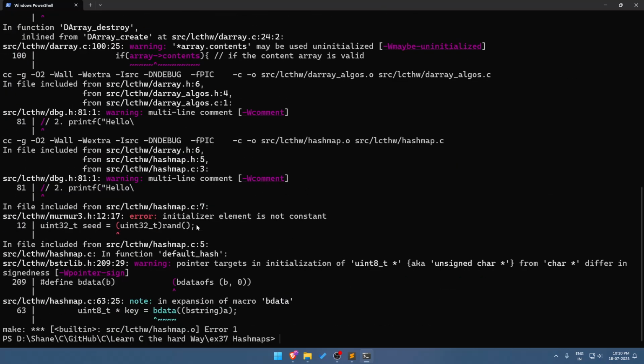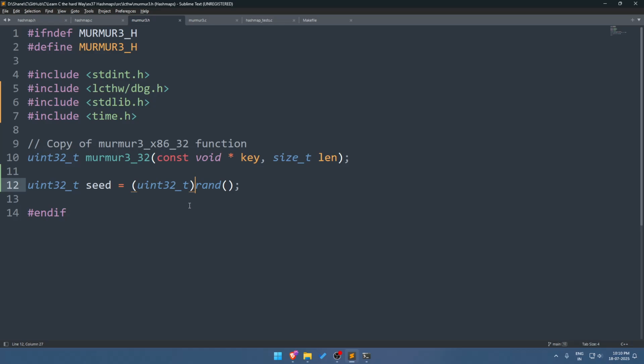Will this work? Initializer element is not constant. Okay, so globals need to be constant. So basically this is how I generate a random number, but